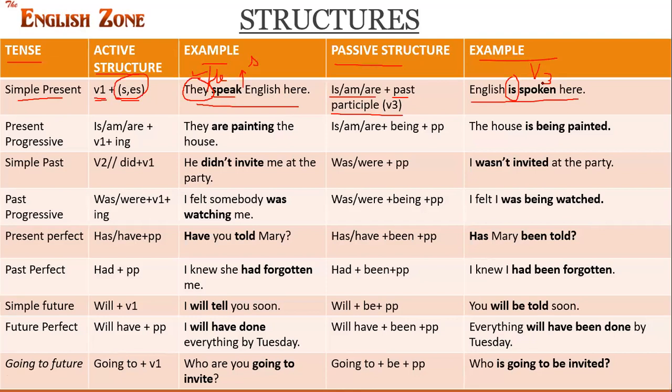Right? If I say English is spoken here, now can we predict this thing? Who speak English here? यहाँ पे कौन English बोलता है? Can we predict? No. और अगर हम लोग यहाँ पे क्वेश्चन पूछते हैं, who speak English here? They speak English here या फिर he speak English here. मतलब जहां पे हमें who का आंसर मिल गया, this is active voice, और जहां पे हमें who का आंसर नहीं मिला, this is passive voice.